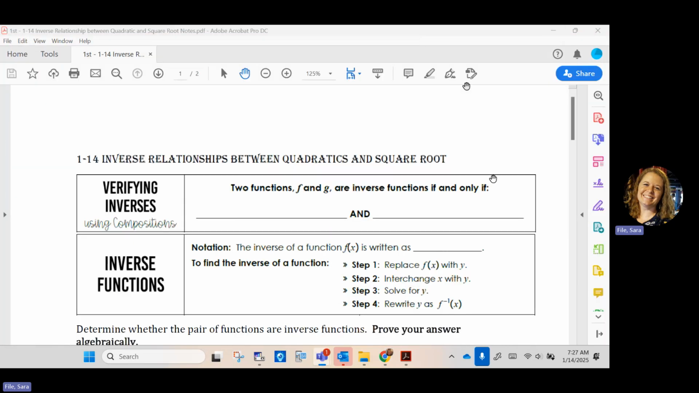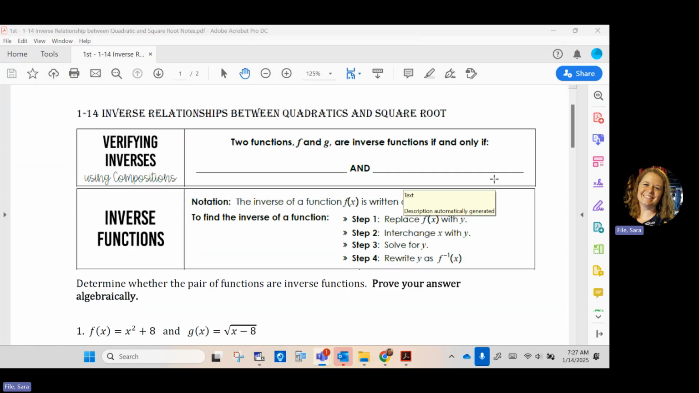Now, algebraically, by hand, when we're verifying inverses, we use compositions. Remember, a composition is when you put one function into another. So you take one equation and you plug it into another equation and you simplify. Now, when you do that with inverses,